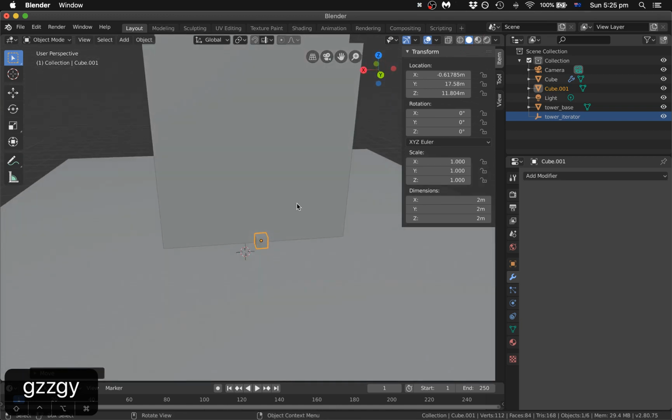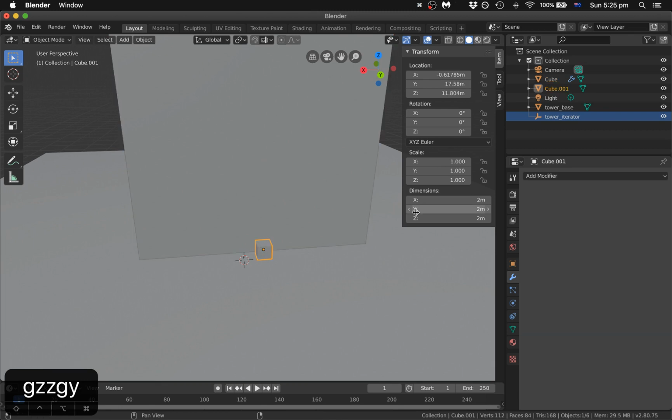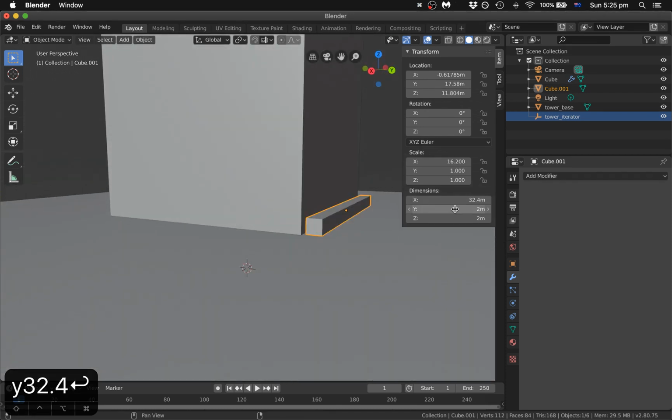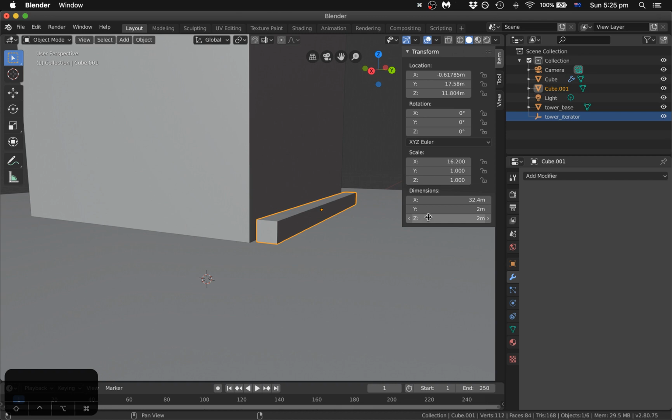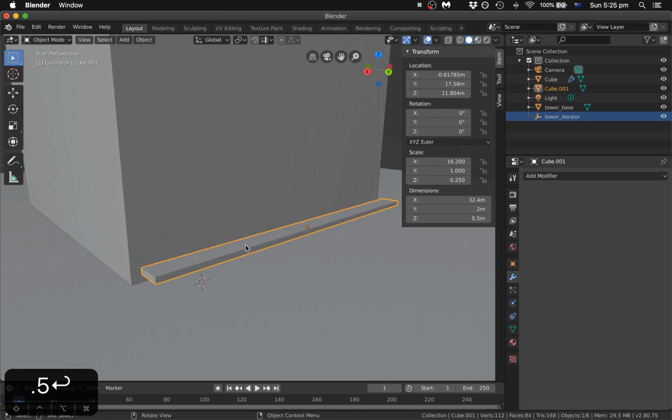So first up, I'm just going to make its width the same as this block. So I'll make its width 32.4, and I'll leave its Y depth at 2 meters, but I'll make this thinner. So that's going to be what our ramp is going to look like. The next thing I'll do